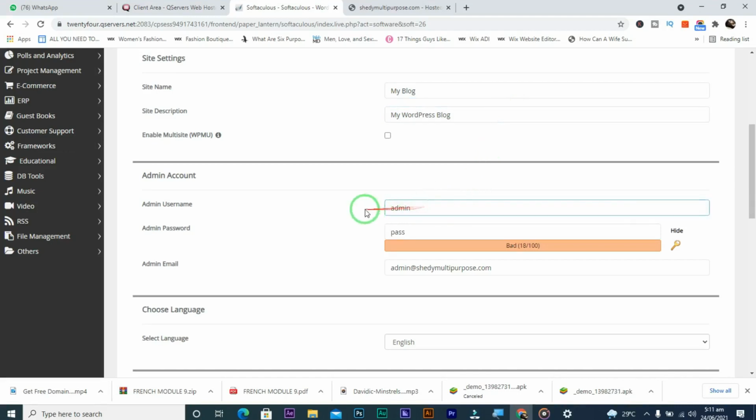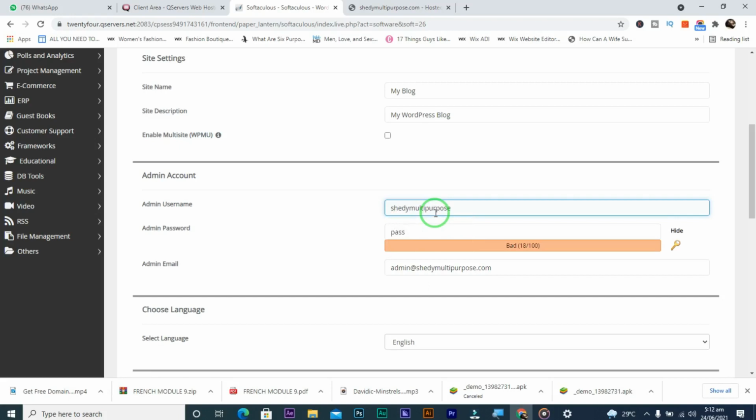So now, admin username. This username, you must store it in your head, please, because this is how you are going to log into your backend. I'm going to teach you how to log into your backend, and this is one of the most sensitive parts of a website. So I'm going to give the username to be Shedi. Please check your writing if it is uppercase or lowercase. Shedi